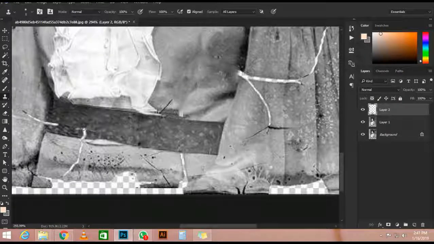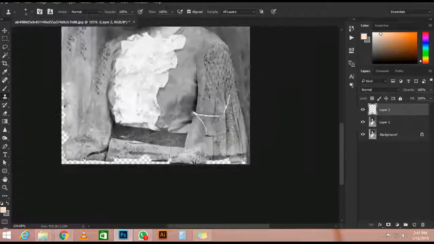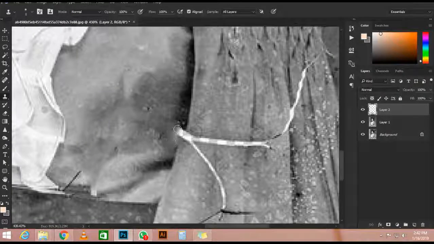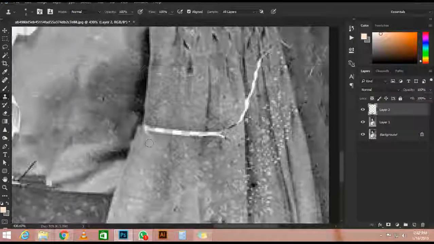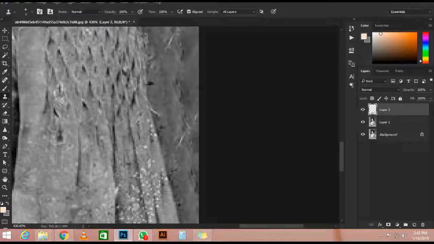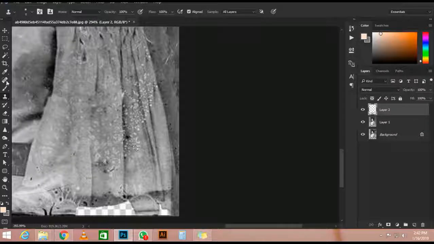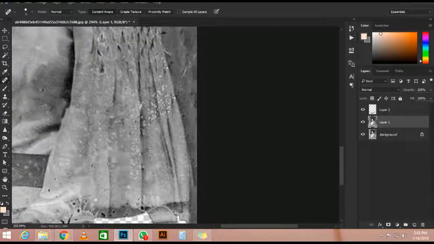Now, what I'm going to do now is click on the brush tool, select black as my foreground color, so I can click on black. I'm going to increase the size of my brush by clicking on the right bracket key on the keyboard, and I'm just going to paint. Again, you don't have to be very accurate. As long as you get close enough, it should be good. And I'm just painting these pixels away, which represent